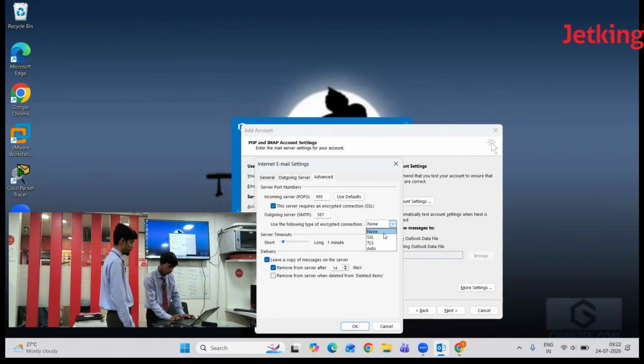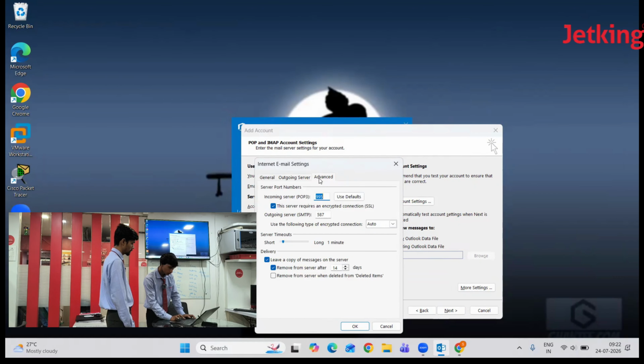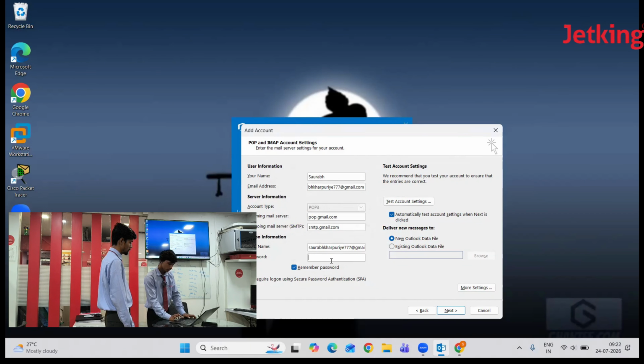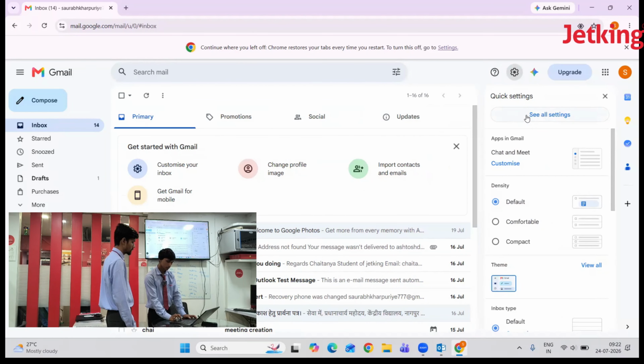This is a server port, and select auto, and then OK. And we need password that will be generated in our Gmail using app password